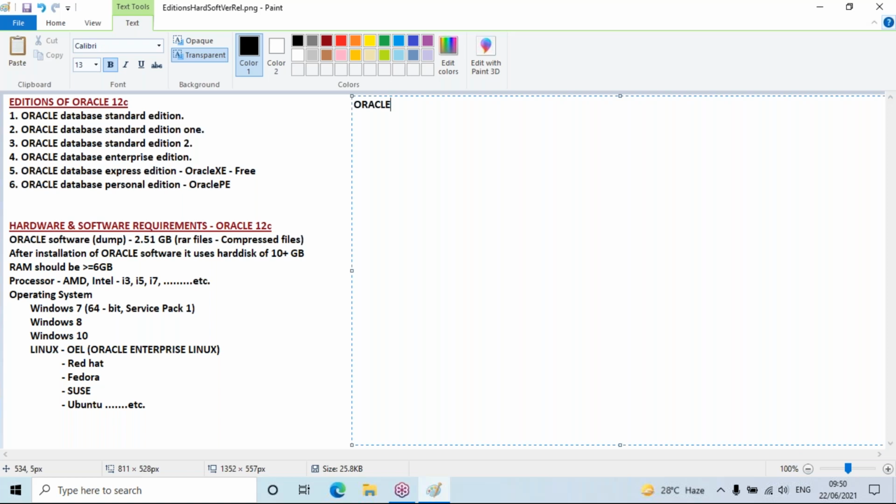That is about Oracle database version and release. Why am I talking on this? As I said, especially for freshers, they create a sort of confusion by asking two questions.